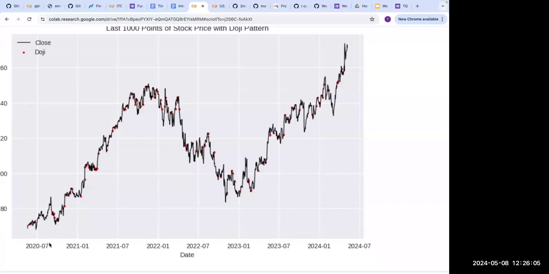It's 4 years of data. So these are not too many, right? These are like 1, 2 dots. I've just made the dots a little bigger so that you can actually see them. But these are like few trading signals that are occurring, and you can a little bit follow that.